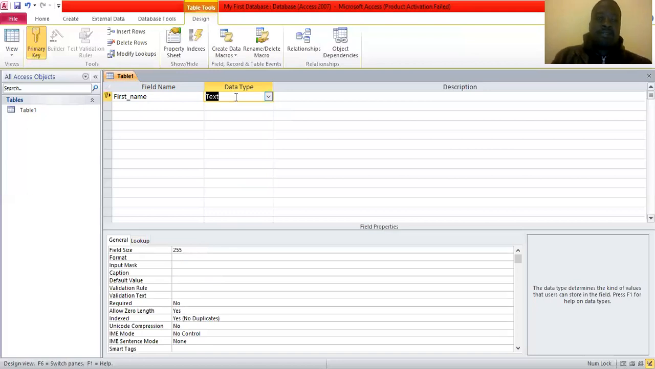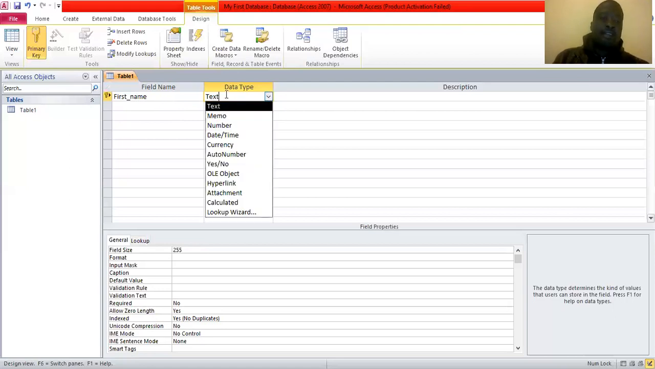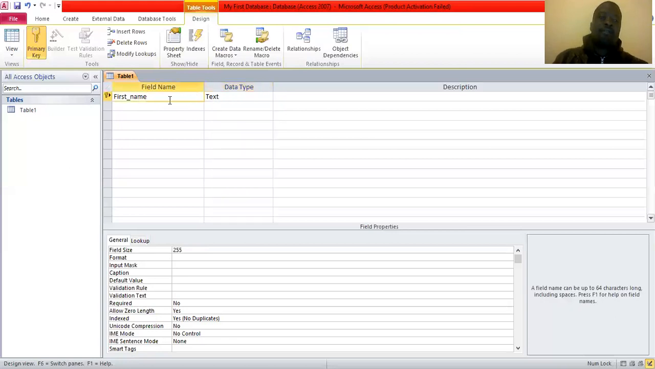Okay, so this is like the letters A, B, C, or maybe Sarah. Those are text. So your name cannot be numbers. You cannot have a name that says 1, 2, 3, 4, 5. You won't find a student with such a name. So you need to select text as your data type on the field name,